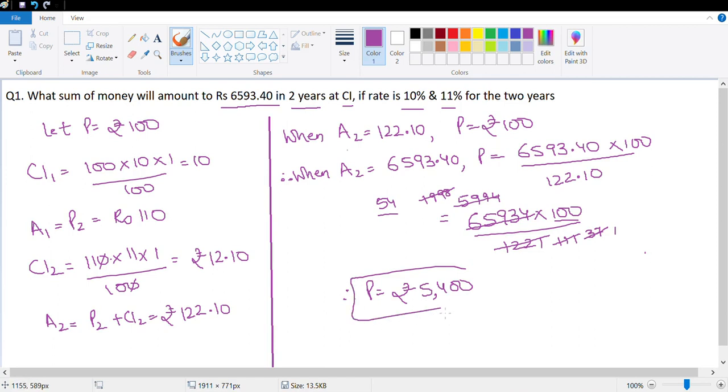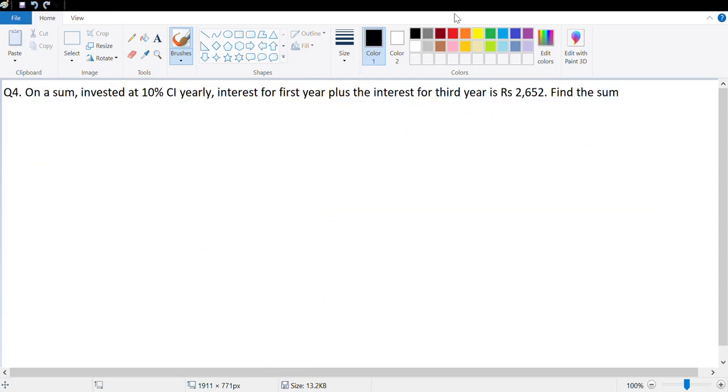5,400. So except for these slightly big number calculations, this exercise and chapter is very, very simple. Though it requires concentration because you need to have